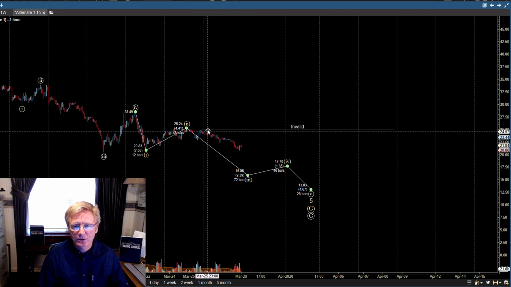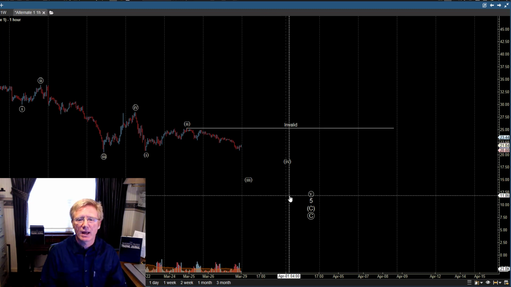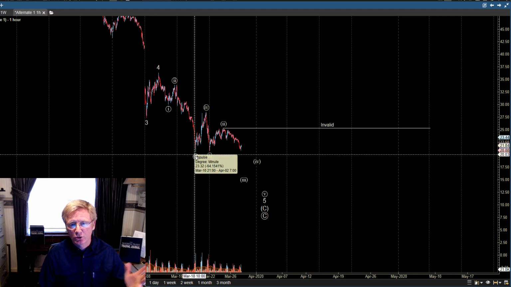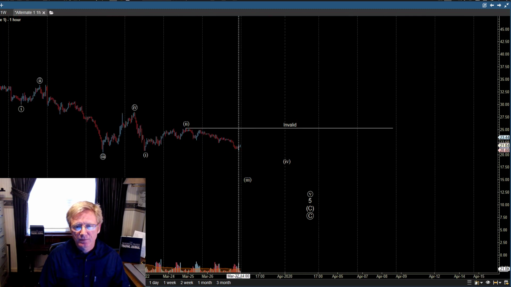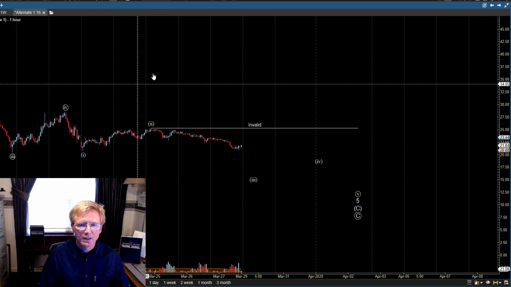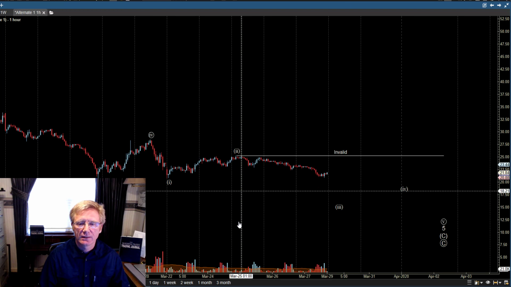If it gets above here, above wave 1, it's invalid. Last micro count is invalid. The bear market could be over here. This could be wave 5, but this action in here looks corrective instead of like a motive wave. It looks reactionary instead of actionary.